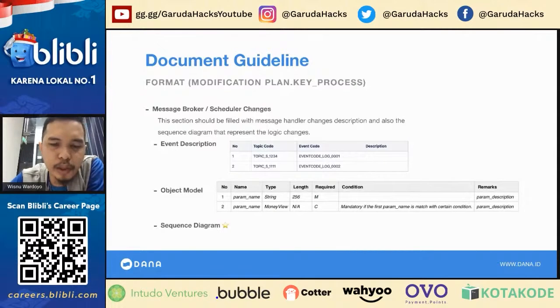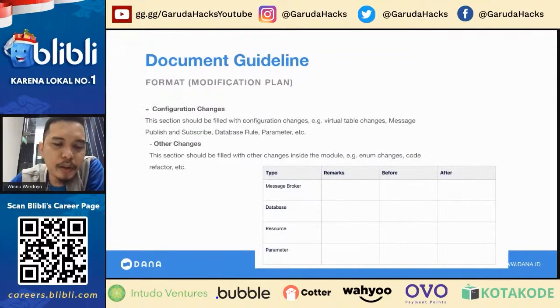Over there, maybe you subscribe to a certain topic or certain event code, and you can put the description over there. And then the object model you subscribe to, same as the object model in service changes, you can put over there. And then the sequence diagram, which we'll talk about later. So next,